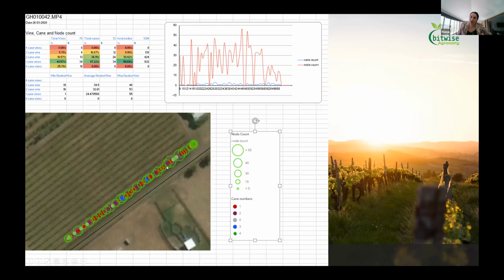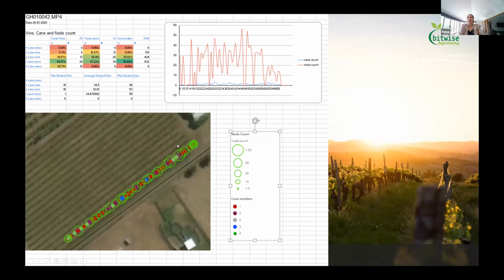As you go down and I overlay this on a map, I can do different things. I can take the same data that we saw in that video and do different symbology for the number of canes laid down, and then correlate that with the number of nodes per those vines as well. You can see there's a gap. There's no circle in between these two circles, and that's because I probably messed something up and there were no canes to tie down there.